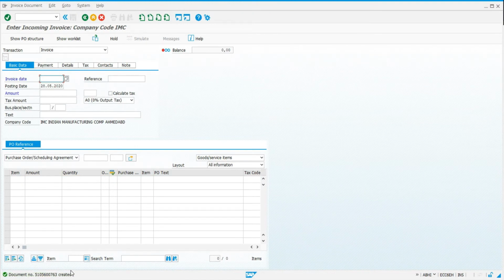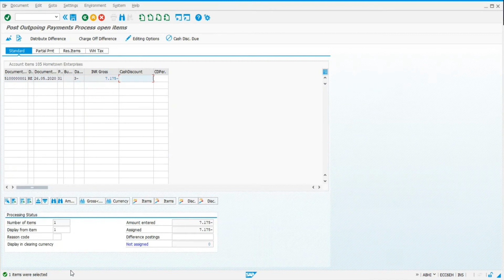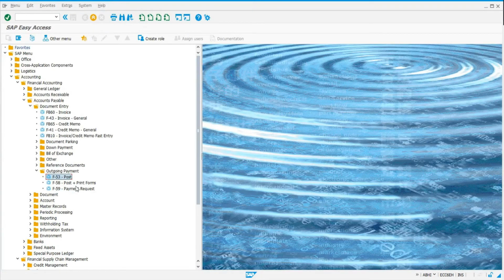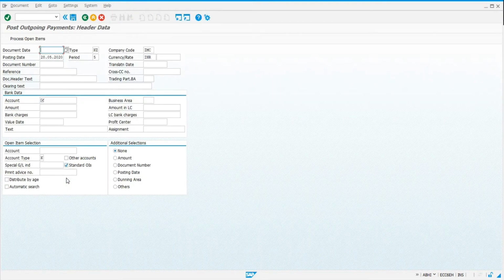Now again we will go back to our last transaction. I need to close it and re-execute the same. Again we will go to F53, that is post document. We will select the document date, the bank account, and the amount. Since we want to issue payment against the previous invoice, we enter the account of the vendor, value date means today's date, and hit enter.